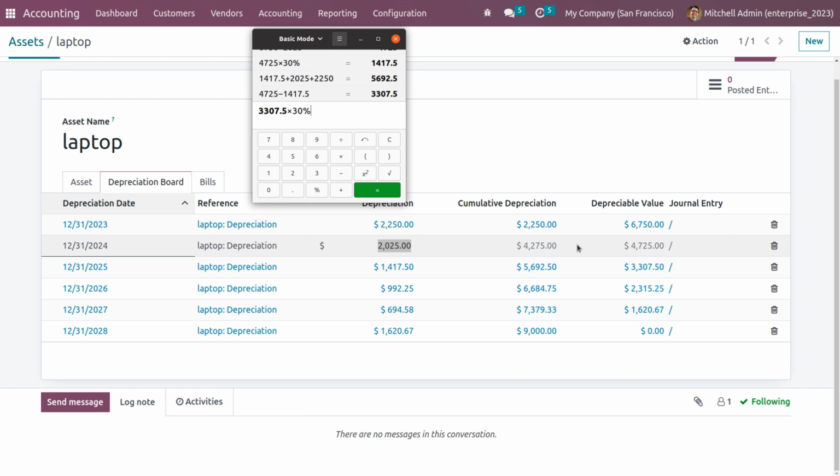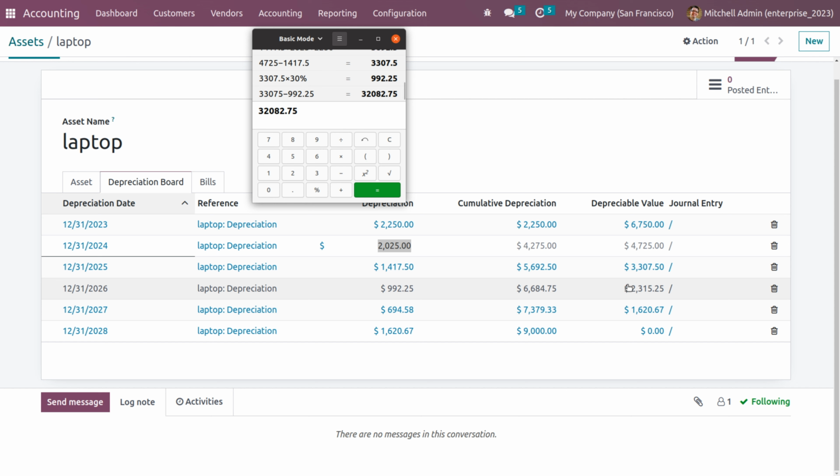So you will get an amount of 992.25 as the depreciation, and when you calculate all these together, you will get the cumulative depreciation as 6,684.75. And when you subtract 992.25 from 3,307.5,